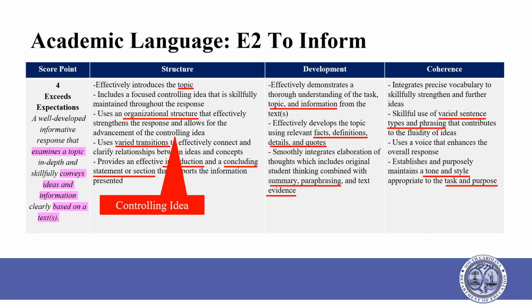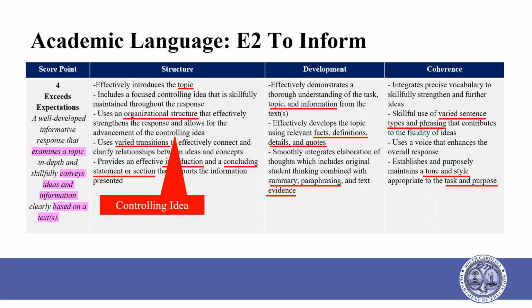Controlling idea is used only for the TDW To Inform item for grades 7, 8, and English 2. The word thesis is not included in the language of the standards because we were concerned that using the term central idea or topic would create confusion with the student writers. We opted to use controlling idea for the TDW item.